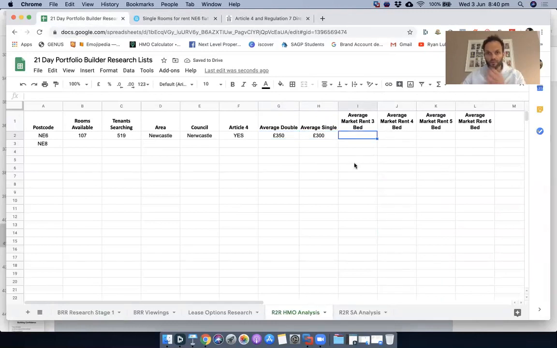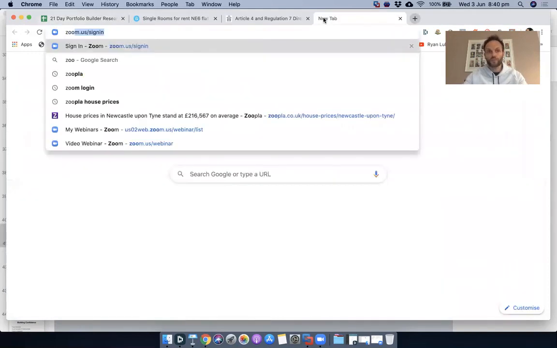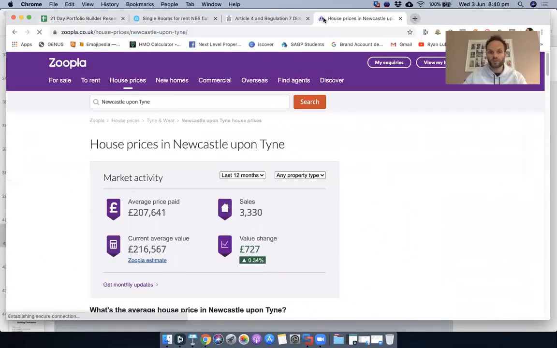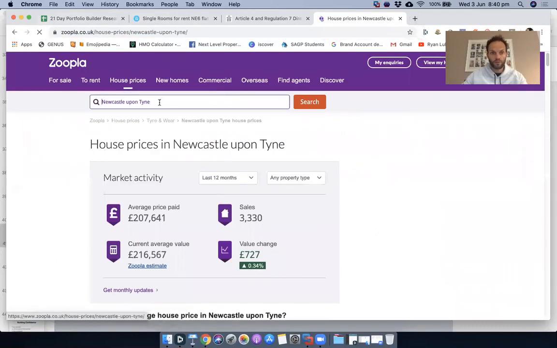Average market rent for a 3-bed. Now, why do we want to find this out? Obviously, we want to know roughly what the houses are going to rent out at. So what we can do,